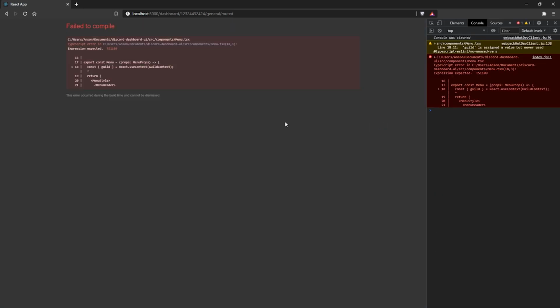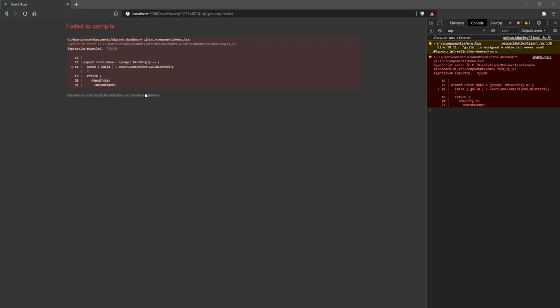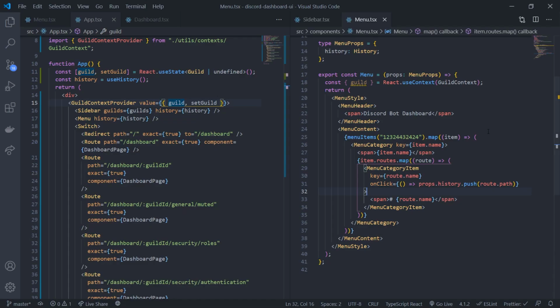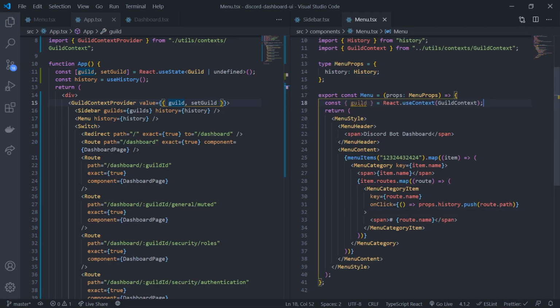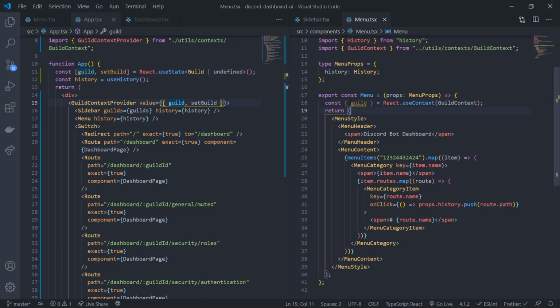Okay, because we're not updating the guild at all in the menu. The only thing the menu is for is updating the current route of whatever menu item we're currently selecting. Okay, why is it complaining here? No idea what's complaining, but it's okay. Now in the menu, instead of passing in this hard-coded string, we're gonna do